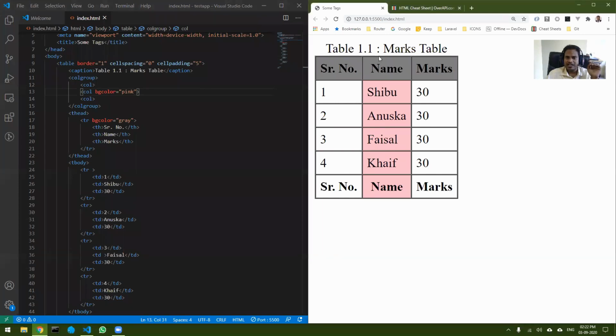Why? Any idea why the header color did not change? This did not change, but this header footer changed. Any idea?